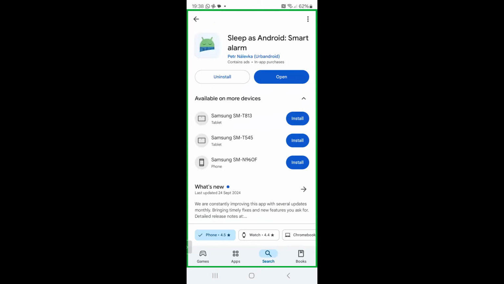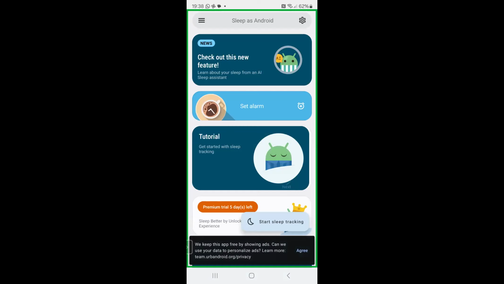Smart alarm, yeah, very first one. Yes, open. Oh, okay. I did upload that. Yes. Okay, perfect. Then now click on the settings icon in the top right corner